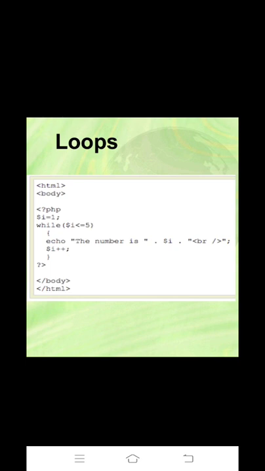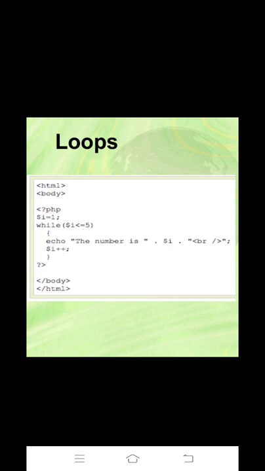Each and every line is printed on a new line, because in the echo statement you have written br, meaning a break.